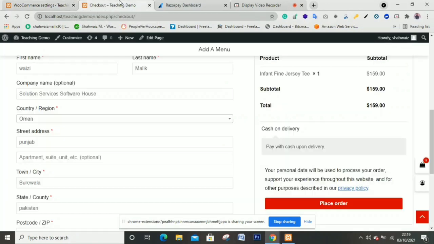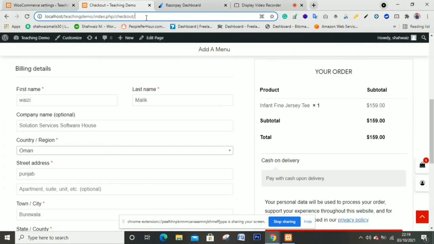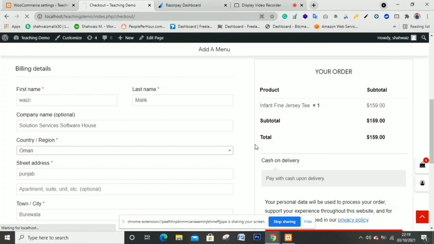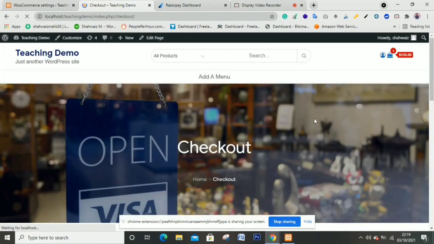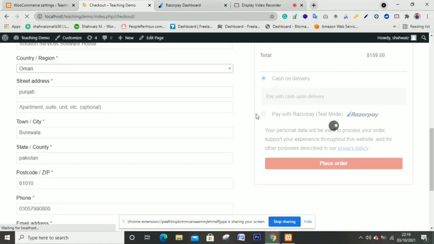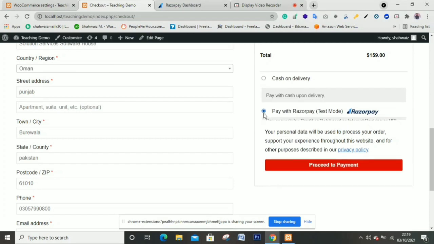Now go to your store. You can see here the checkout page. Refresh this page. You can see here two payment methods: cash on delivery and Razorpay. Look, you can see here cash on delivery and pay with Razorpay. Now click on this